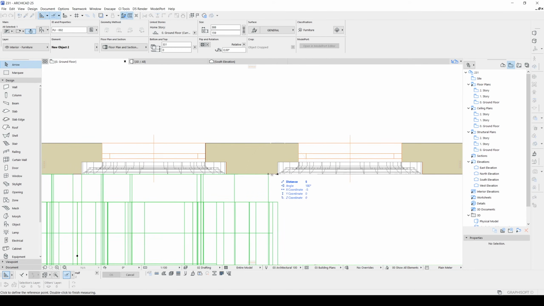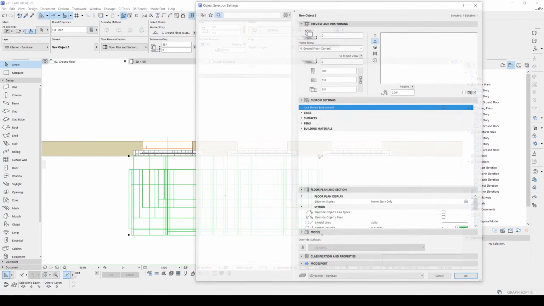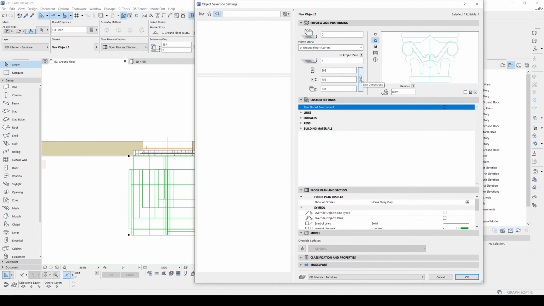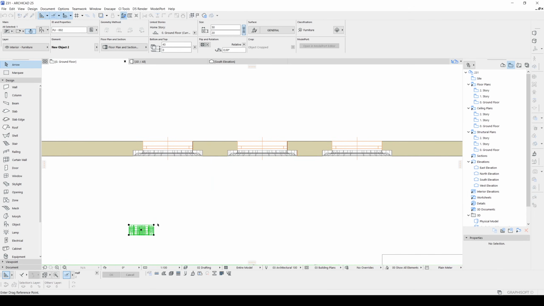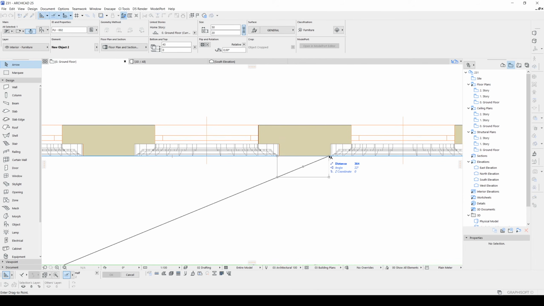Let's hit the M and measure the value. It is 50 centimeters. Let's hit Ctrl plus T, click this dimension, and this will be 50. It's the benefit of using objects.